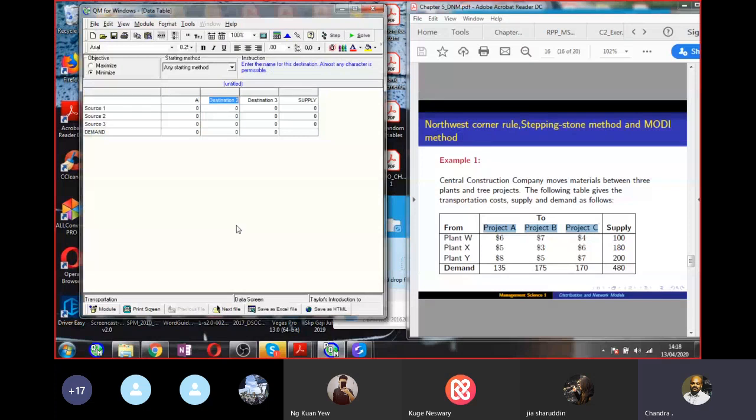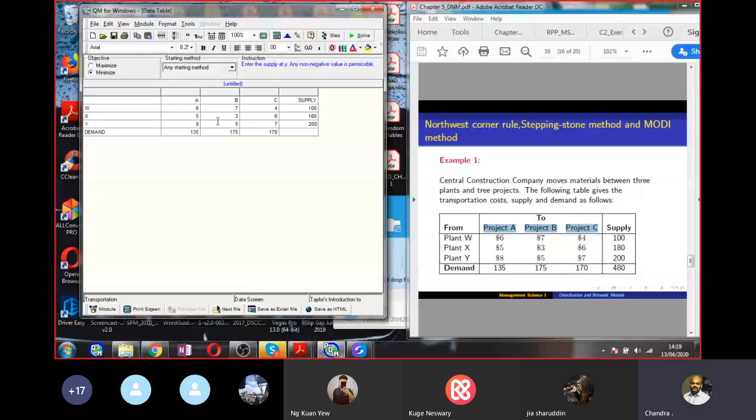So first is A, B, C, W, X, transportation cost 6, 5, 7, 3, 5, 4, 6, 7, 1, 3, 5, 1, 7, 5, 1, 7, 0, 1, 8, 0, 2, 0, 0. Once you key in all the data here,